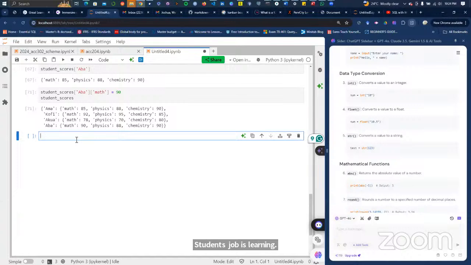So now let's go to converting the dictionary into a data frame.